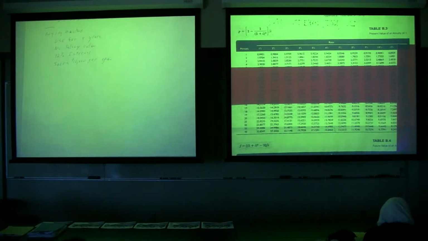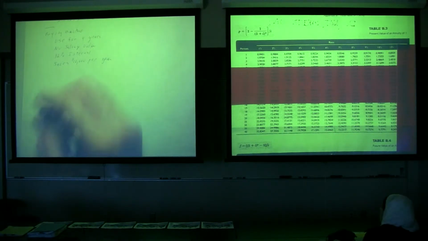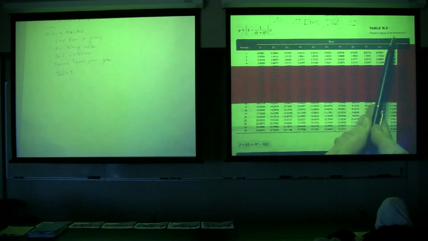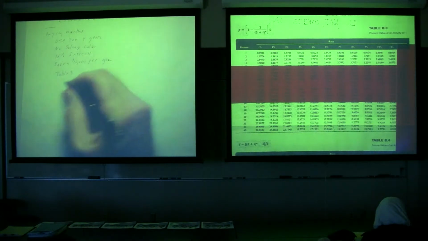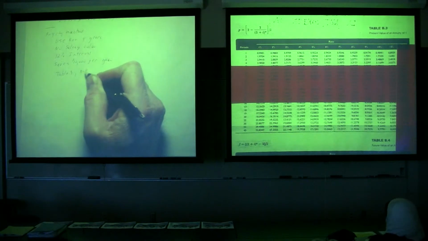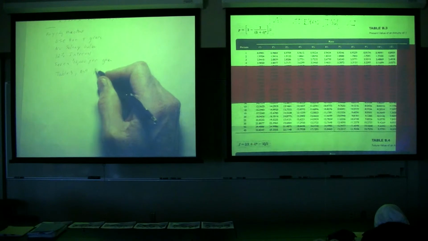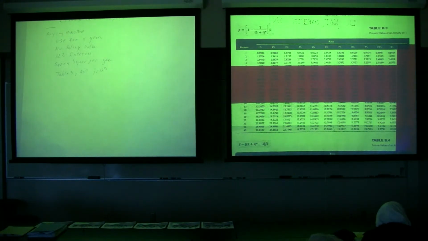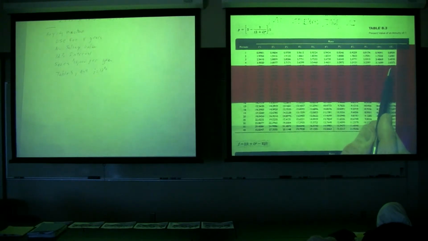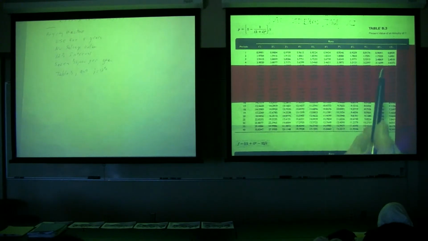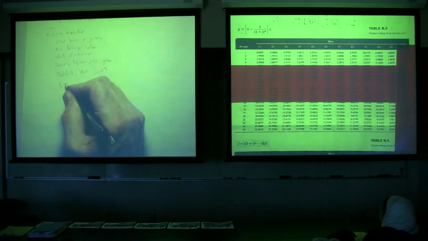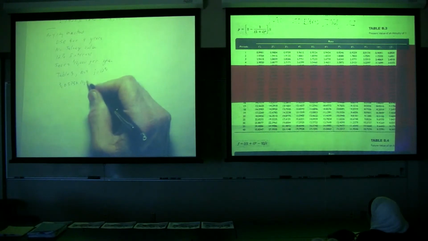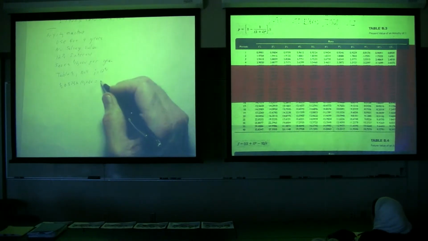In this case, you're going to use table 3 because you're looking for the present value of a future annuity. You'll have an N of 4 because there's 4 compounding periods. You have an I of 12% because that's what the bank is going to charge you interest. Okay? So that means the factor is 3.0373. Multiply that times the annuity. That makes the present value of that annuity worth